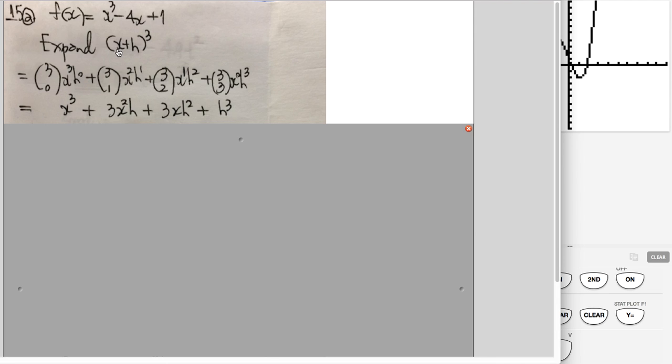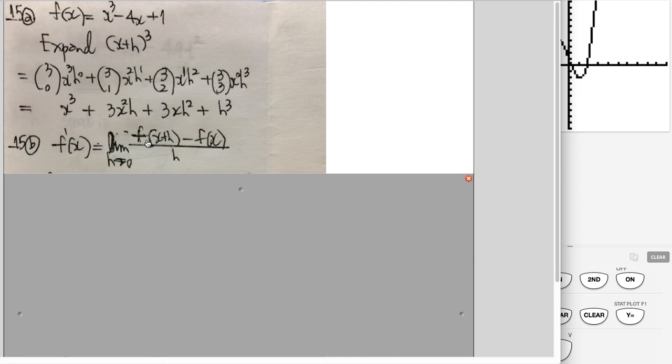And then we basically take the a and b values, in this case here x and h, and count down with one of them. We'll start with x. The order doesn't matter. You can start with h and count down, but we've started to go with x cubed, which is the highest degree, and then down to x squared, x to the first, and x to the 0. And then from the other end, we count down from the highest degree of 3 with this particular term h. So we have h cubed, h squared, h to the 1, h to the 0. And then we do some housekeeping and simplification, and we end up with this as our expansion. Moving ahead,